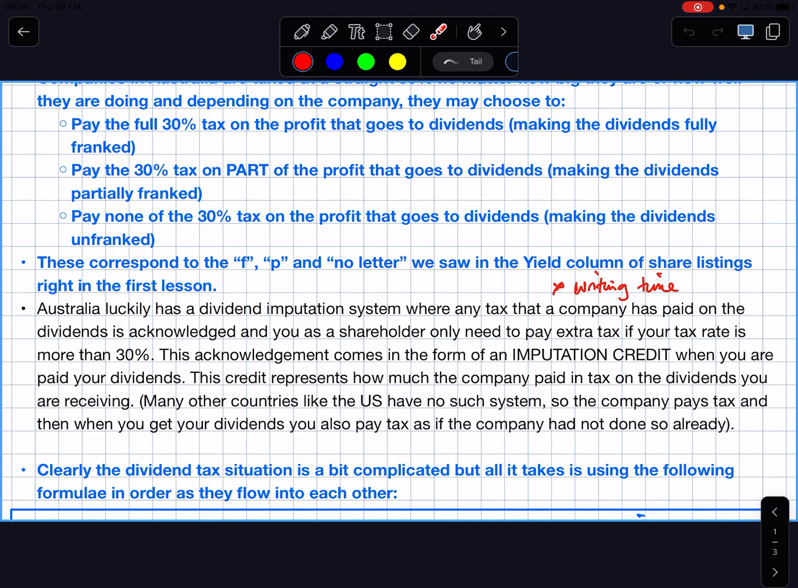Then they share the dividend with us, with the shareholders. And then you have to pay tax as well. So how many times was tax paid? Twice in America. Whereas here in Australia, what we do is, if the company was nice and they paid tax on it,